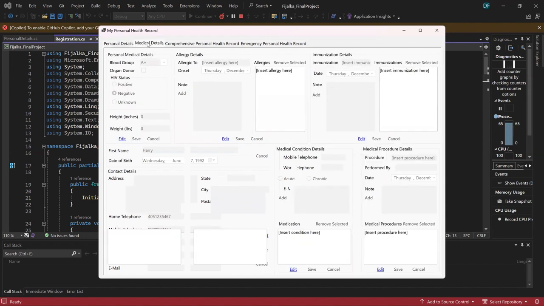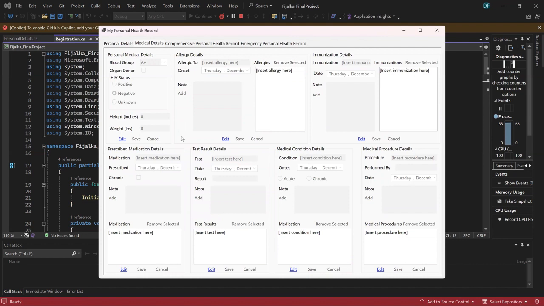Another thing that could be used for improvement and for me to consider in the future is making sure that the database allows nulls where it needs to and doesn't allow nulls where it really doesn't need to. For instance, a lot of these properties of the allergy table, the immunization table, some of these fields don't allow for nulls, and that made it difficult for me to implement adding